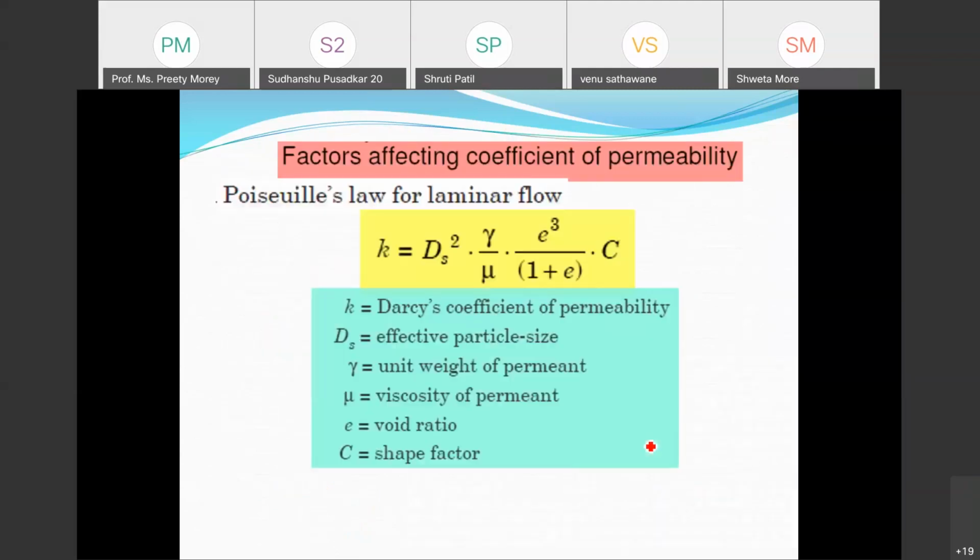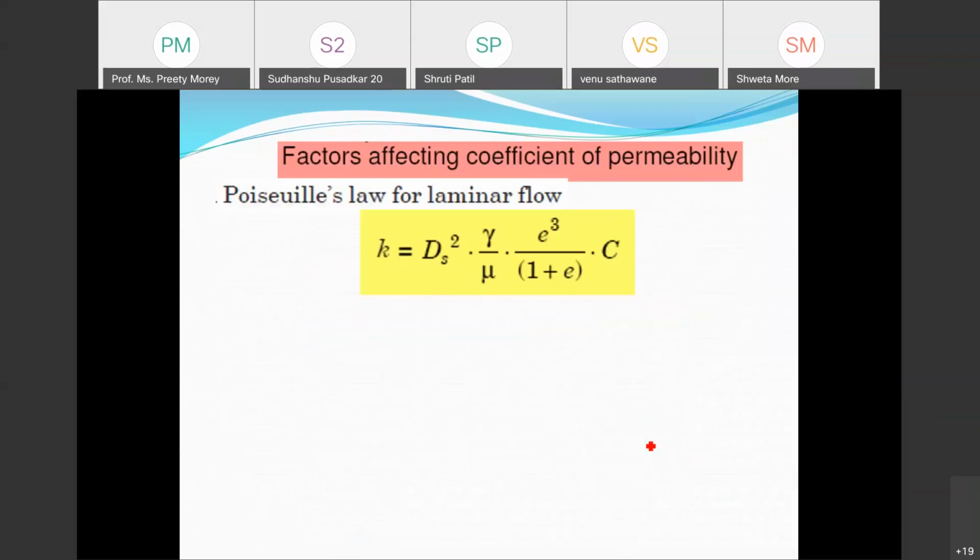Now there is this coefficient of permeability, K, which we have seen. It is the property of soil. Now it depends upon different soil particles, different properties of the soil particles, and Mohr has given this equation, which is useful